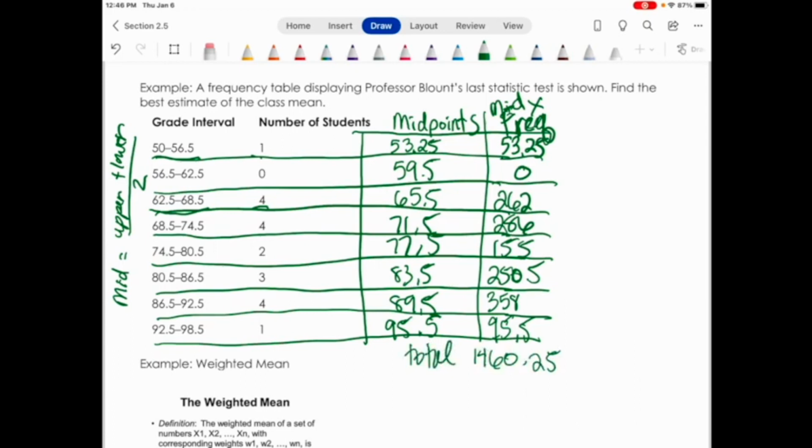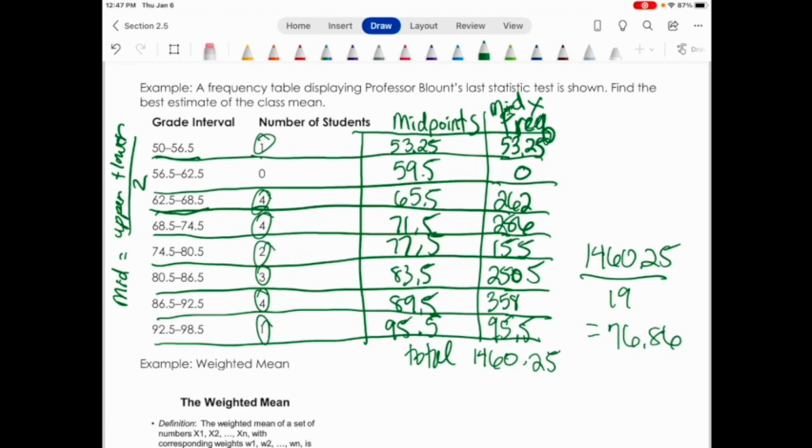When you add that up, you should get 1,460.25. Now the last step is you want to divide by the number of values that you have. I had 1 value here, 4 here, 4 here, 2, 3, 4, and then 1. That gives me a total of 19. So I'm going to take 1460.25 and divide by 19. And that's going to give me my estimated average, which is going to be